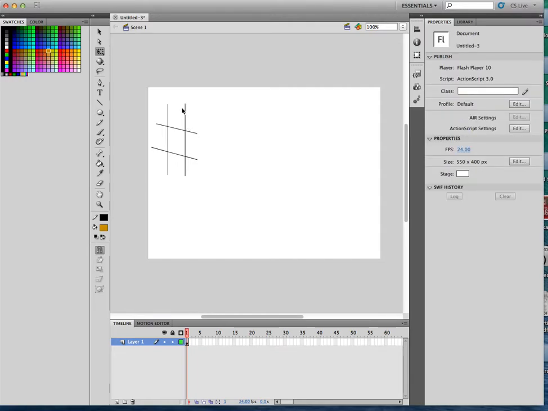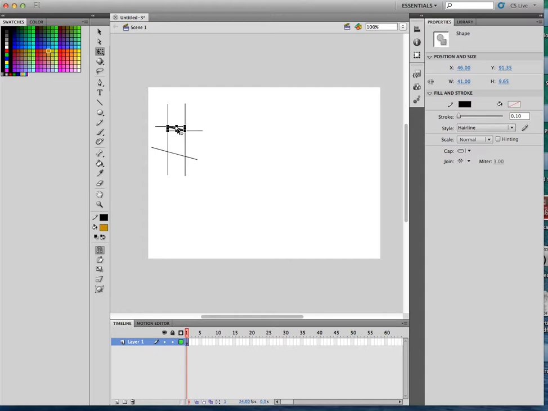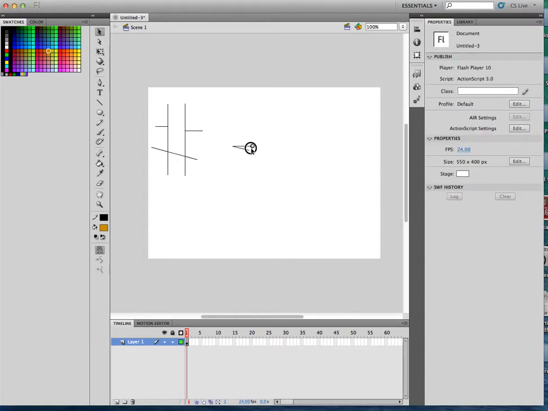So I can pull these things up. Oops, didn't mean to grab the corner there. And straighten that one out. I can straighten that one out. I'd have to select the move tool to move that one. But then once I did,